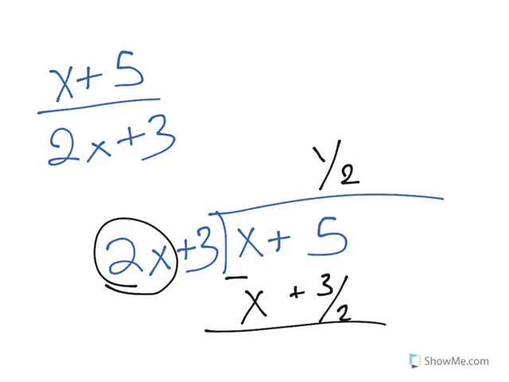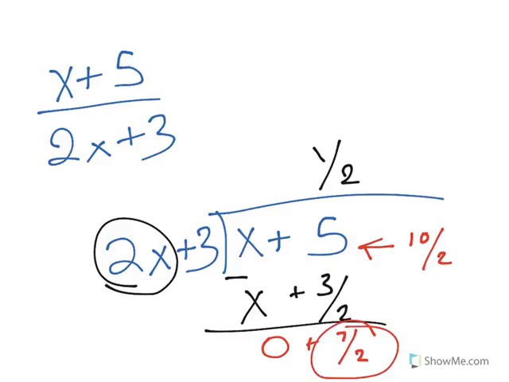If we do that, we get 0, and this is basically 10 over 2, so that's 7 over 2. And as you can see, we don't need to keep dividing because